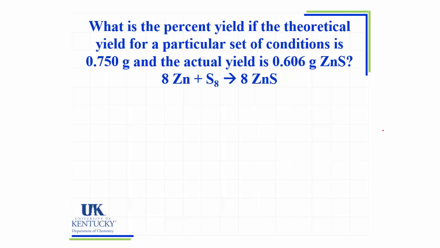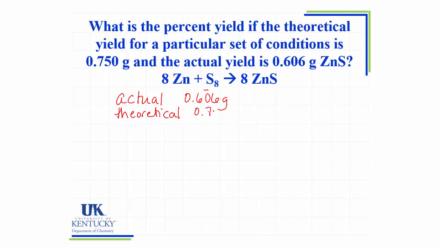So let's look at an example with the percent yield. What is the percent yield if the theoretical yield for a particular set of conditions is 0.750 grams and the actual yield is 0.606 grams of zinc sulfide? So we're given the balanced chemical equation, and we can look at the information given. We're given the actual yield, which is 0.606 grams. We're given the theoretical,